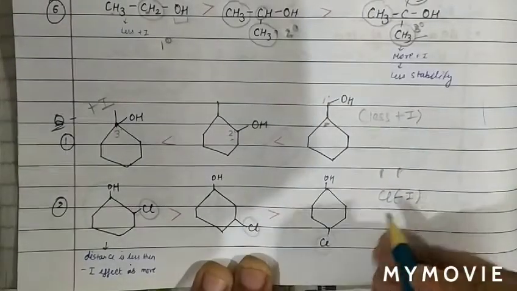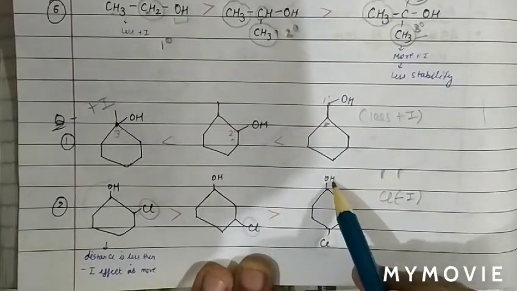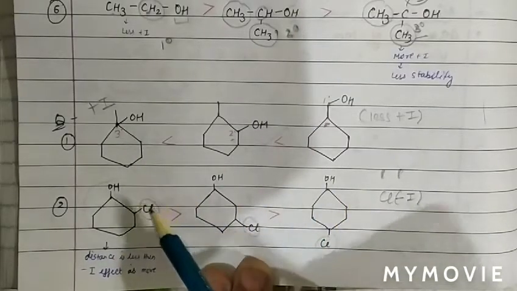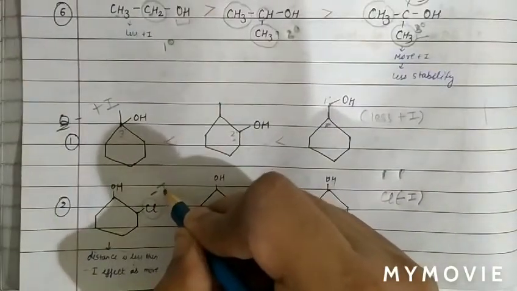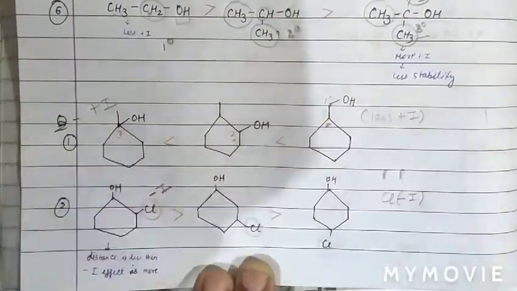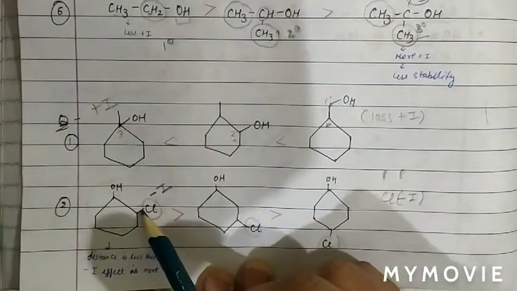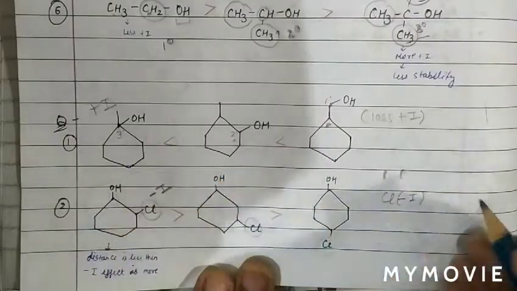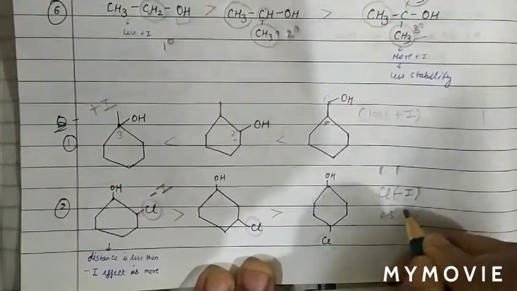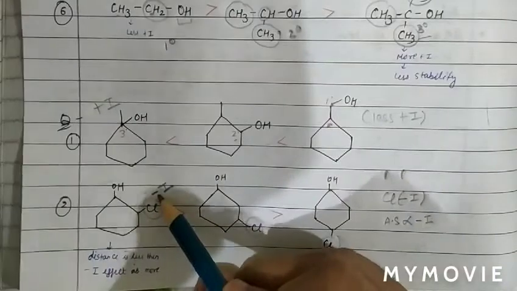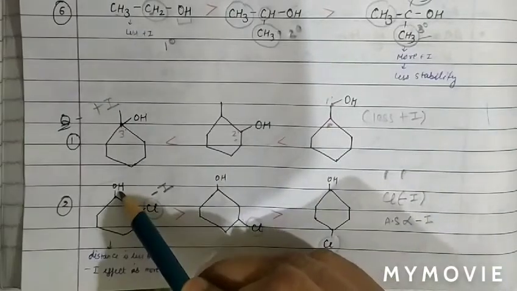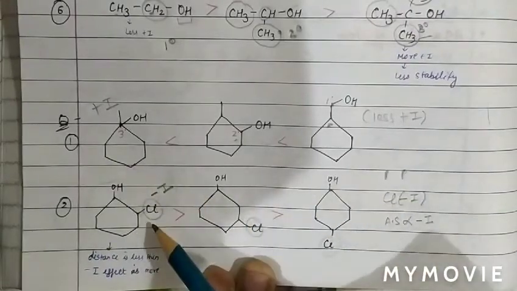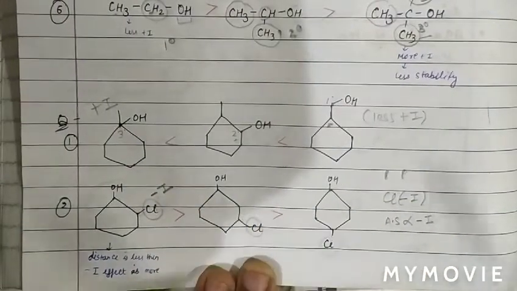So we can see that chlorine is a minus I group in nature, and with distance the inductive effect decreases. So stronger minus I when the minus I group is close, so stronger minus I in case of this one. And we know the acidic strength is directly proportional to minus I. Stronger minus I, because the minus I group is close to this group, therefore strong minus I increases the acidic strength, hence the acidic strength order is 1, 2 and then 3.